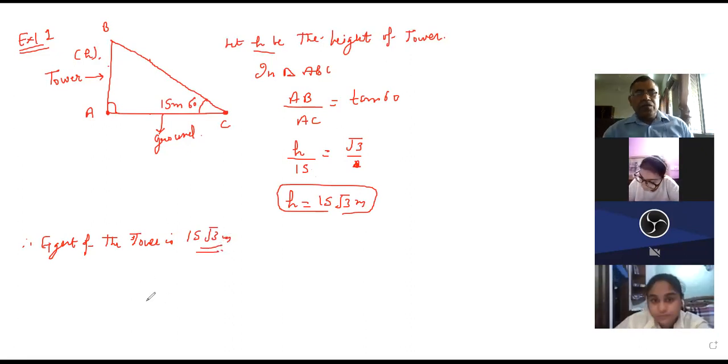Note this very carefully. Therefore, height of the tower is